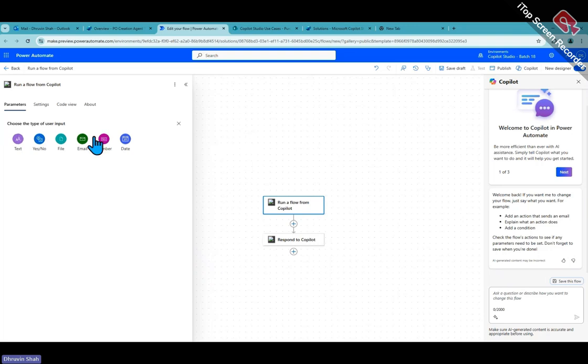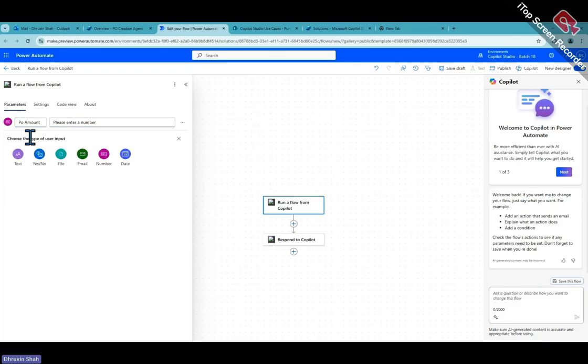Let me just delete this and make it a number, and let me make the value PO amount. Okay, what would be the PO amount? The people will have that from the agent's interface. And the second parameter I need is a summary, like what kind of summary I want to send in the approval email. Okay, so I'm just having two parameters at this point over here,